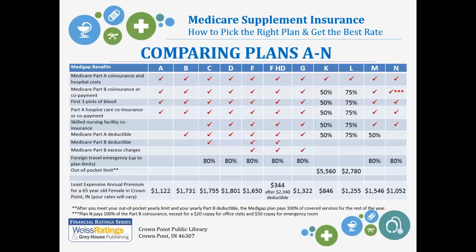And the difference between these two, Plan G and Plan F, the Plan F is more expensive than Plan G, and in fact, it's more than $198 more expensive. So Plan G becomes the better value. With Plan D and Plan C, it's not as fine a line, but again, if you wanted Plan C, your option is